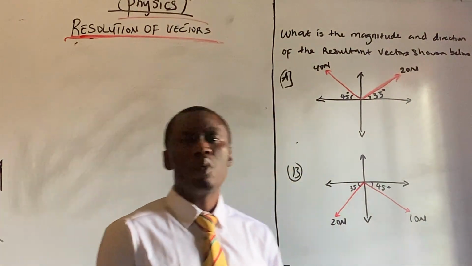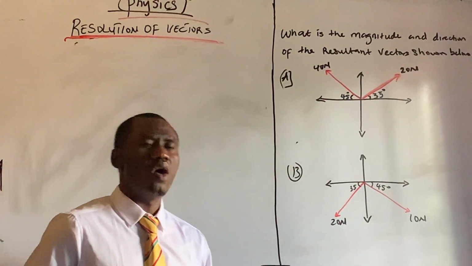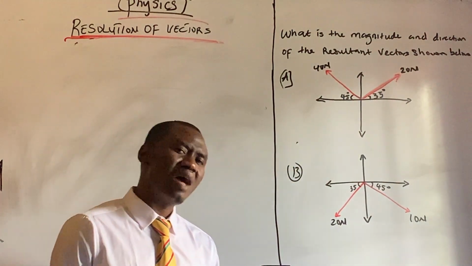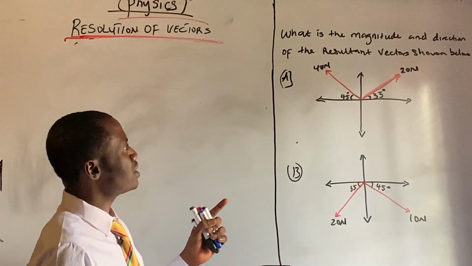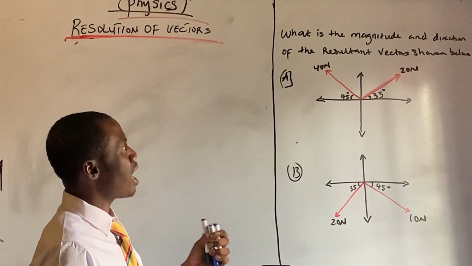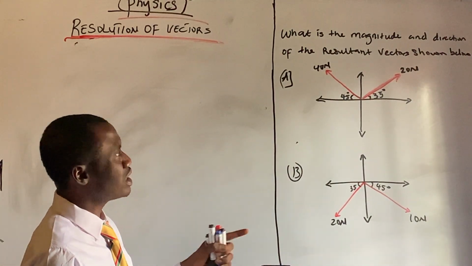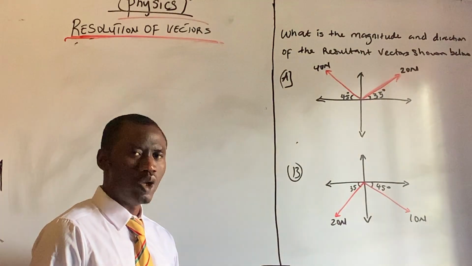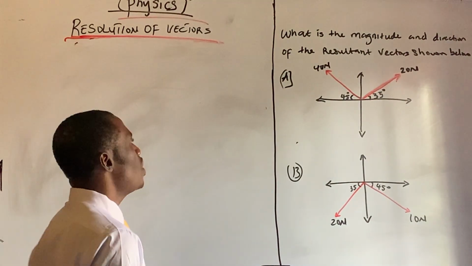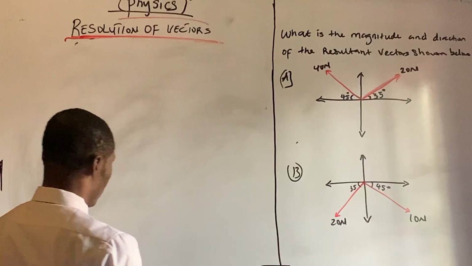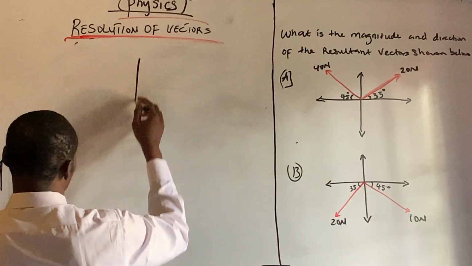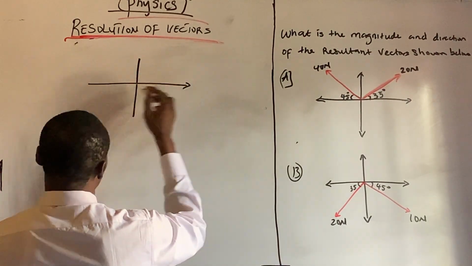In this video, we want to look at resolution of vectors. Let's say we have a question that says: what is the magnitude and direction of the resultant vectors shown below? Now, when we draw the vector out, so we have this vector,